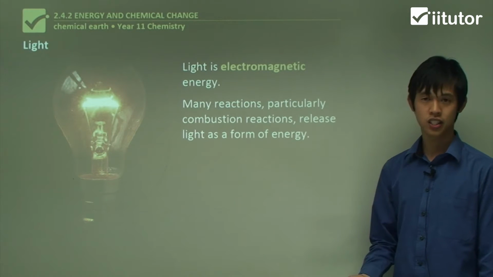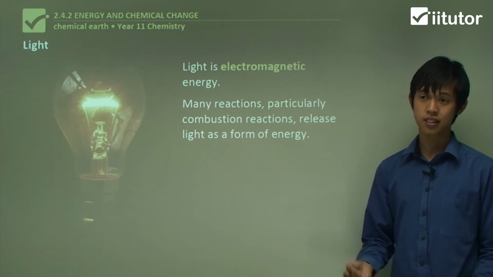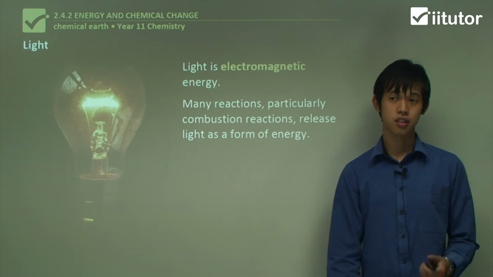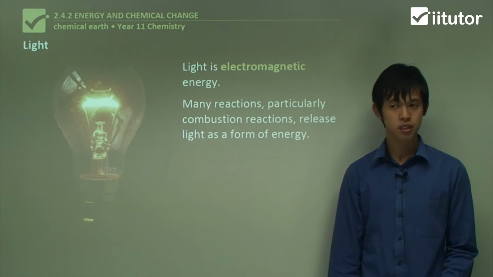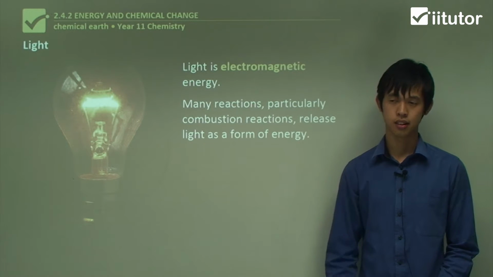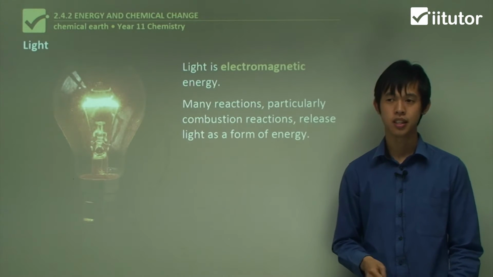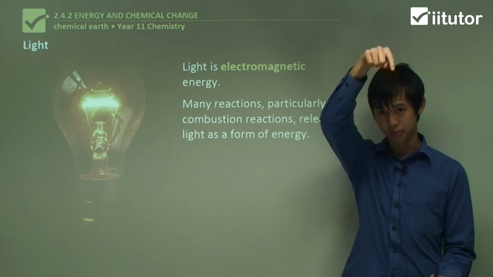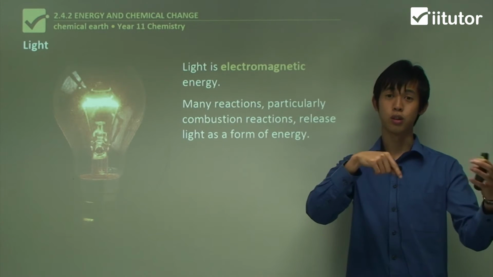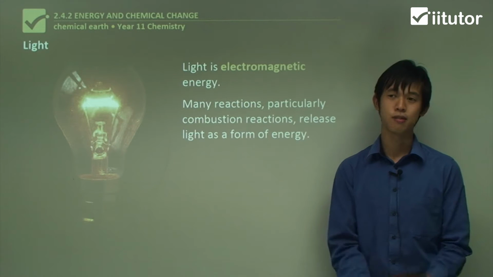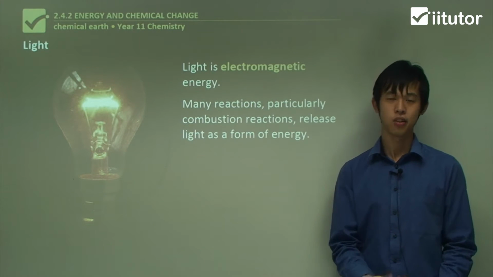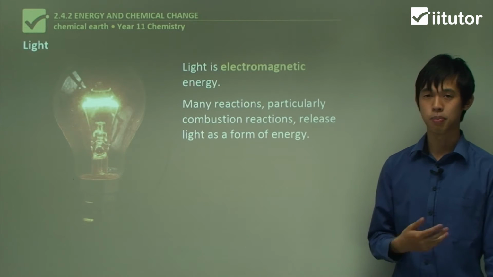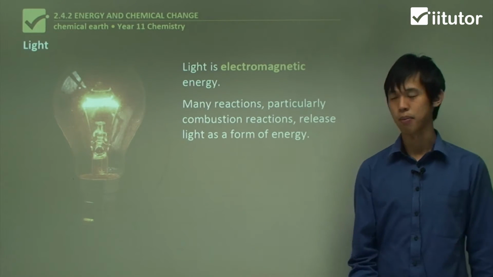Okay, so combustion reactions aren't the only ones. A glow stick, for instance, when you mix two chemicals, they'll produce light. Certain insects and other organisms have what we call bioluminescence. So they'll actually mix chemicals in their body to produce light. Okay. The anglerfish, for instance, has that little light bulb thing in front to lure other fish closer so it can consume them. So it produces that light through a chemical reaction. So that's one way that energy can be released into the environment